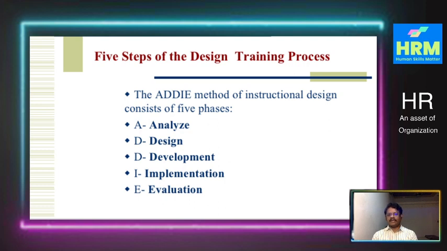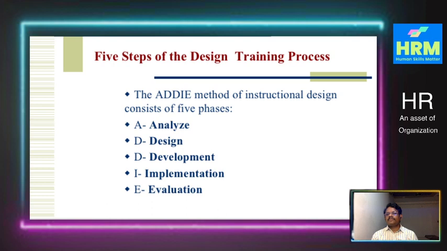That is ADDIE. So this is another designing method for training programs. Through that, we analyze first, which may be need analysis, then design the training program, develop the training, then implement the training and evaluate training programs. So these are the five steps of the design